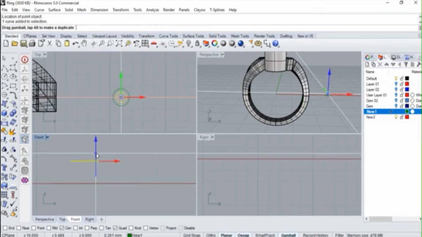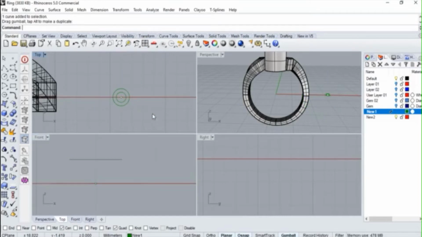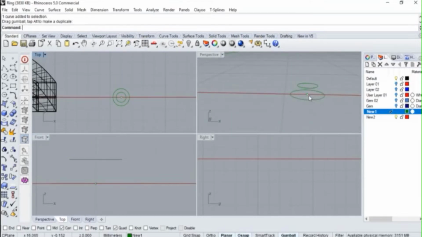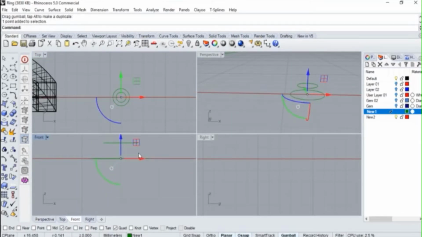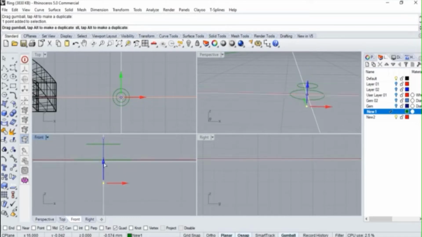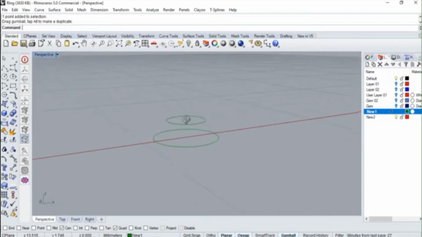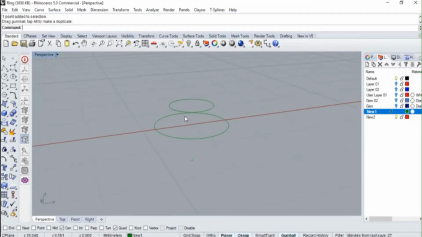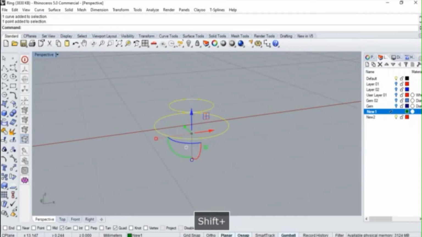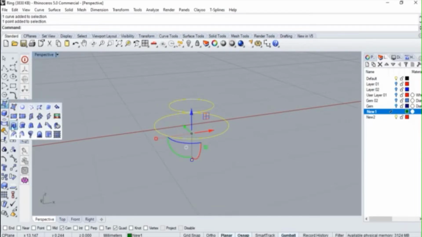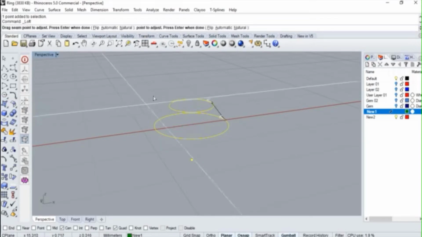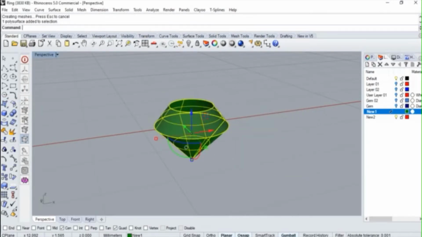So when we create in Pave setting, we always need to create the Pave tools. Normally jewelers use basically two tools, like burrs and drill bit. So we are going to create both tools inside Rhino. Once I create the stone,